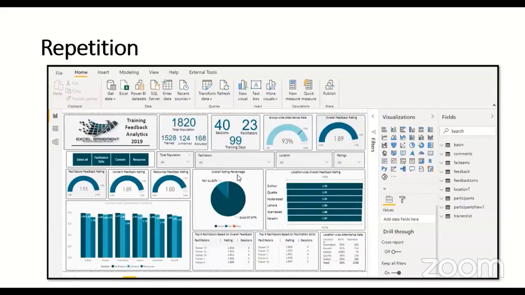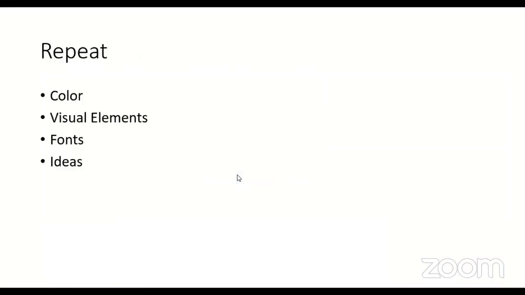In the CRAP rule, R stands for repetition. So here you can see a dashboard which is created in Power BI. It's related to training, feedback, analytics. And you can see a repetition of colors, repetition of fonts, repetition of ideas or visuals. So repetition is also important because if you don't repeat the ideas, visuals, colors, or the fonts, it will be very fancy and it will be of no more use, and the audience or the user will not be as focused on the dashboard. So it's very important to repeat some of the objects like color, visual elements, fonts, and